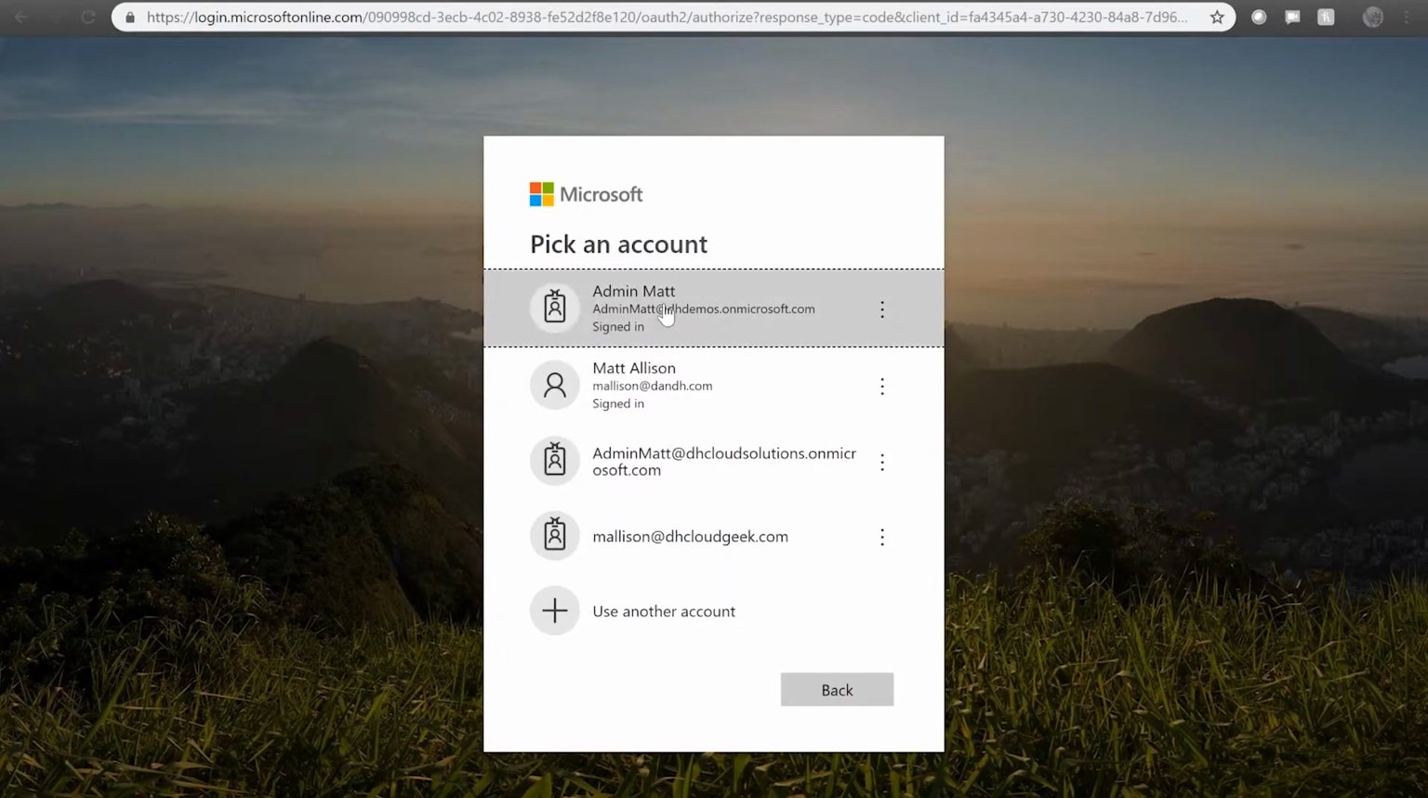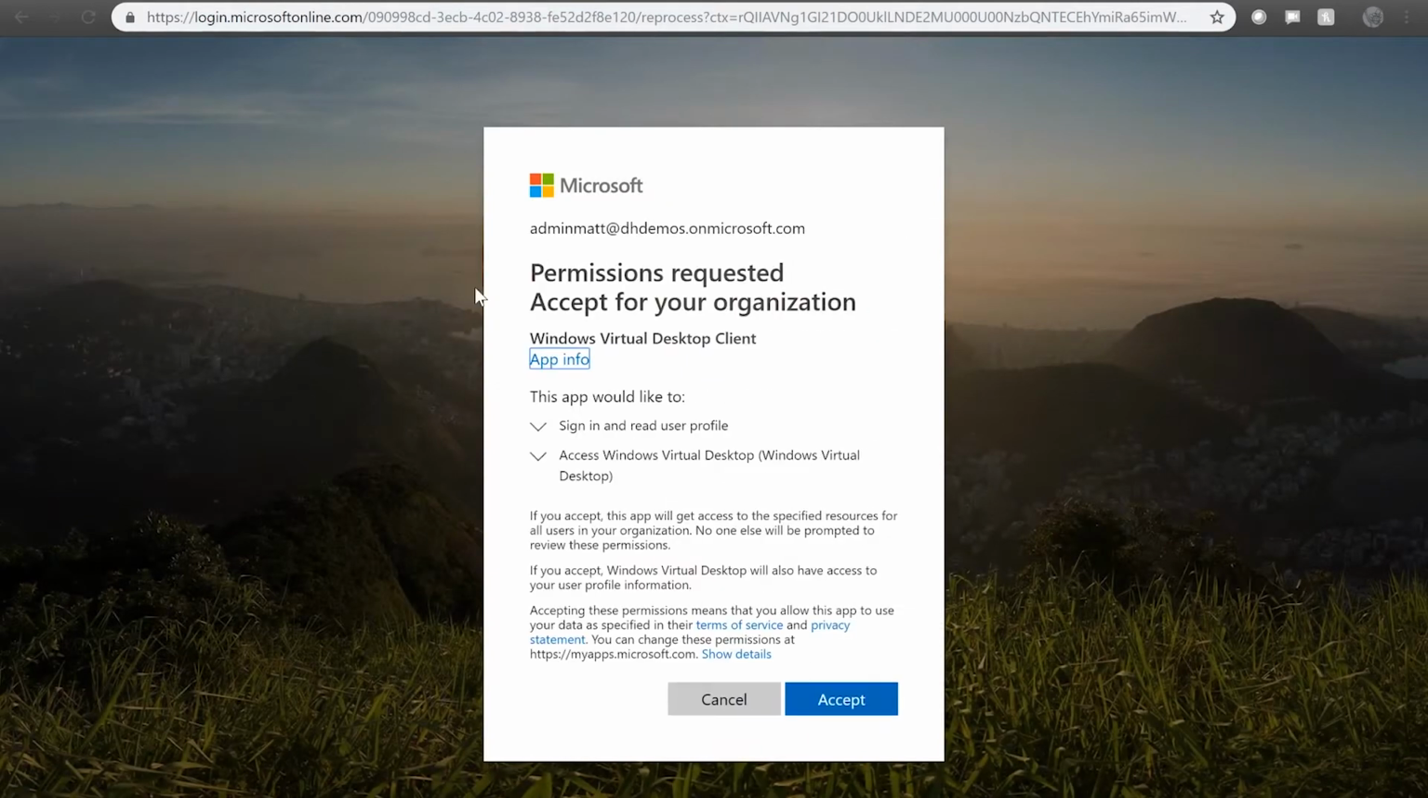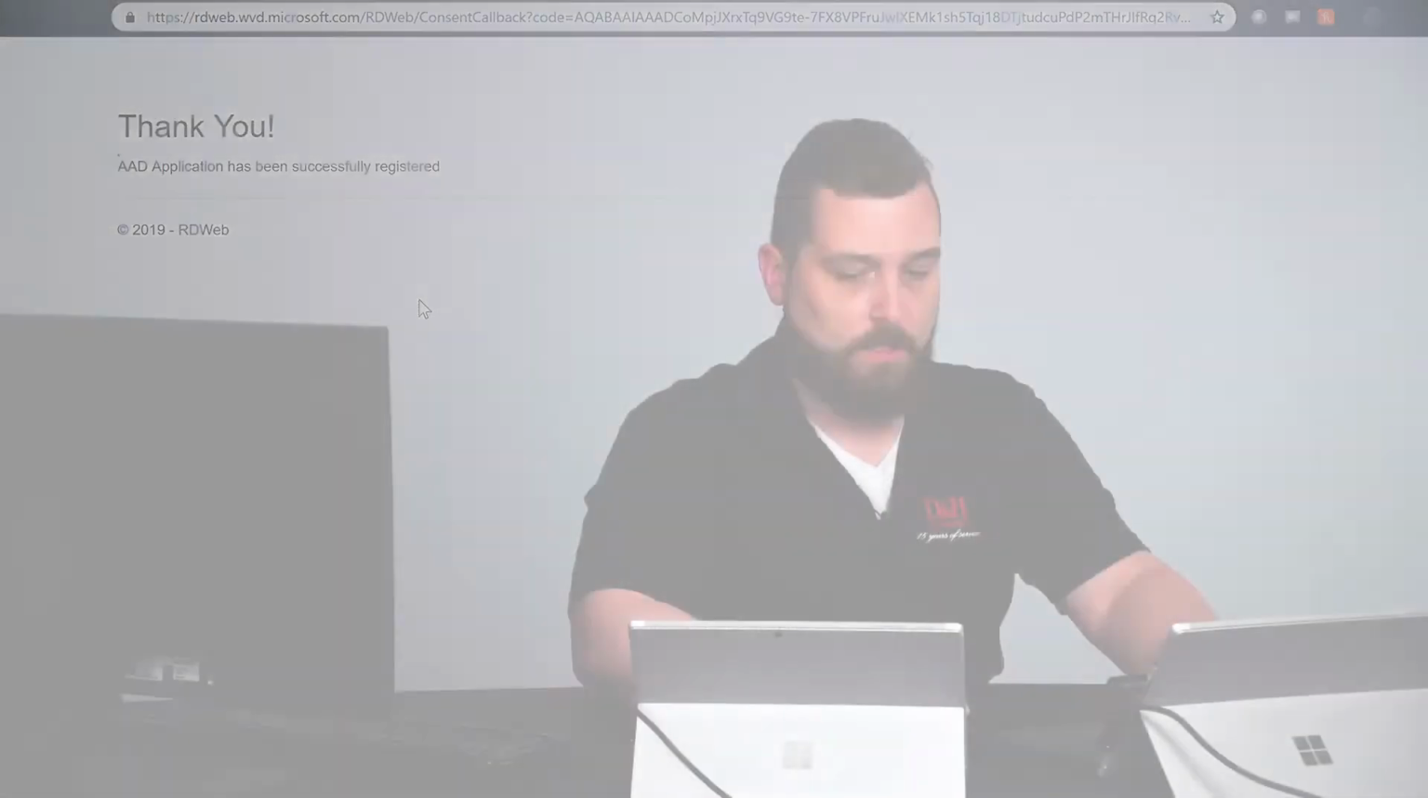It'll ask you to sign in. Once again, I'm going to sign in with the adminmatt@dhdemos.onmicrosoft.com. It doesn't ask me for my password since I'm already signed in. And then ultimately, we just click Accept to accept those permissions. And there you have it. So that is step number one. That is how we get out of the gate and get our WVD service recognizing this particular Azure Active Directory